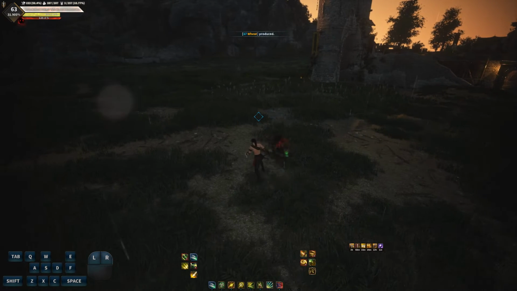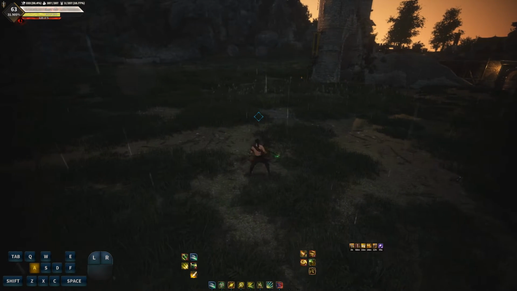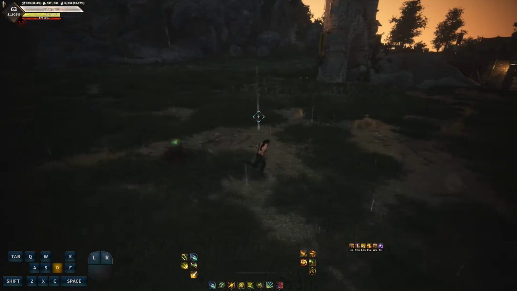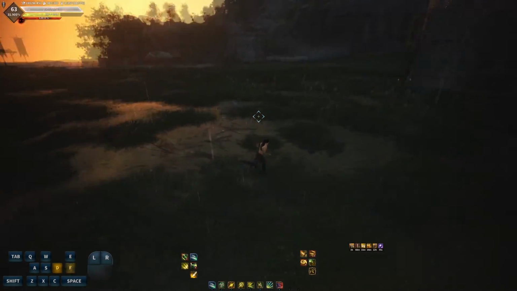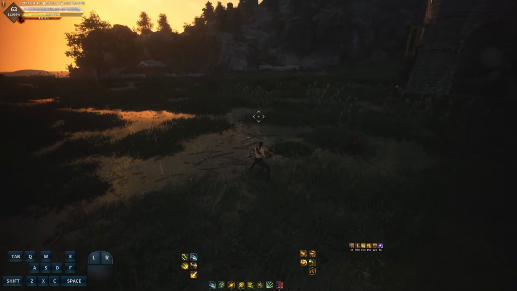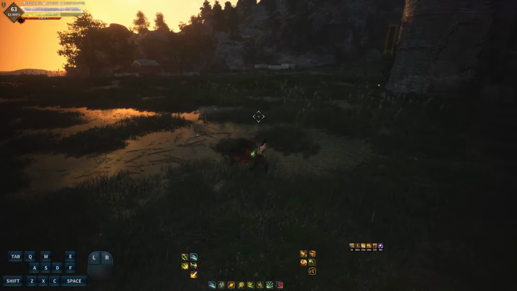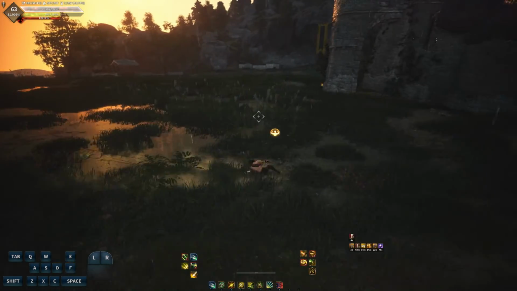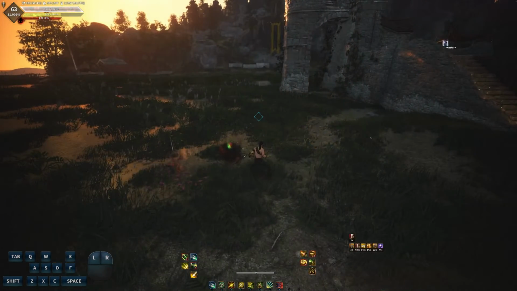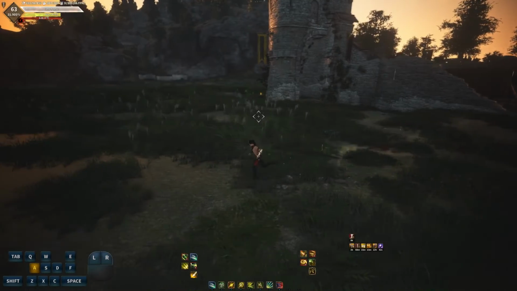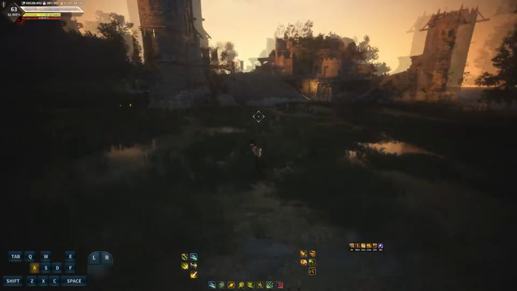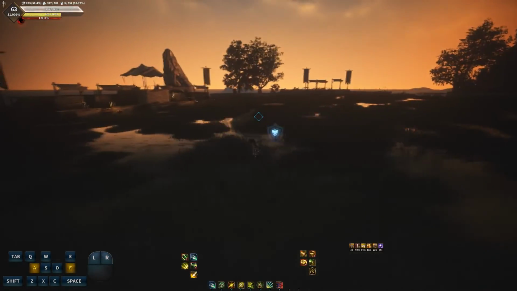Get used to the skill, it's an AF or a DF. I don't like the DF, it's weird on my hands. I don't know, maybe my hands are fat or something, but I don't like the DF, so I use AF most of the time. I don't use DF. So it's AF or DF, a combo of those two keys.